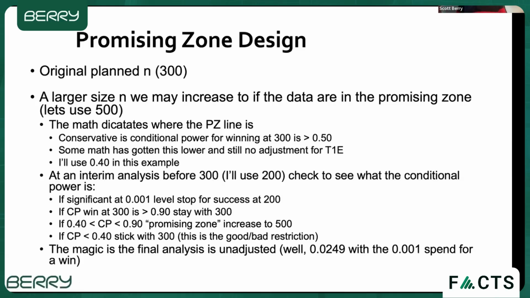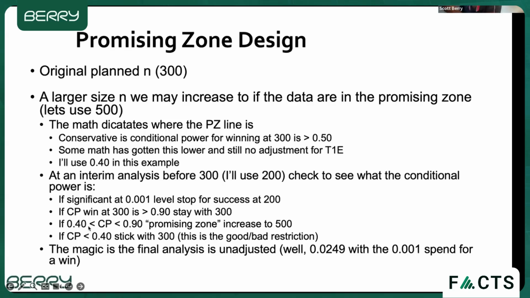And the promising zone almost always throws out a 0.001 at that interim for already winning. I'm assuming immediate information on patients. So if I have 0.001 level, I'm going to stop at 200. Now, the neat trick about the conditional power is a bit of the negative of the design, is that the